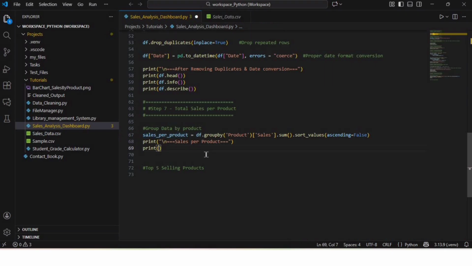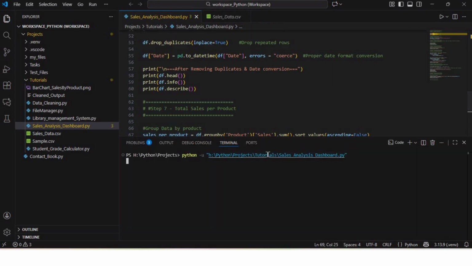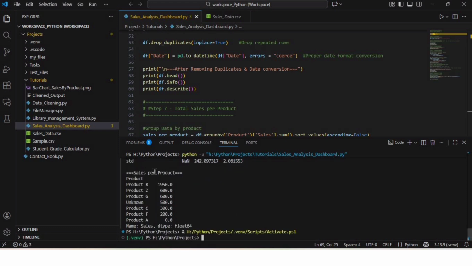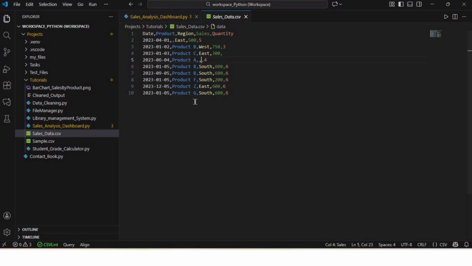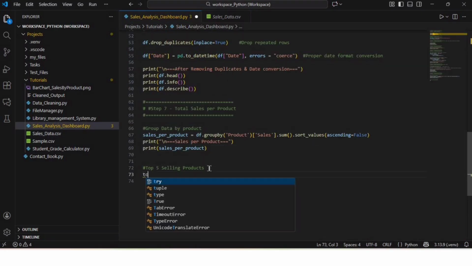In the print statement I will be calling sales per product here. If I run the program, as you can see from here, product B has the highest total sales at 1950, followed by product C at 600, and so on. The products are displayed in descending order based on sales. So here we are done with our first task, and now let's move on to our second task,